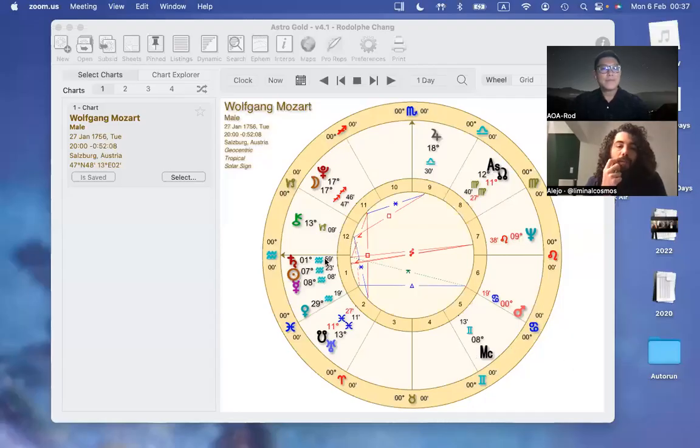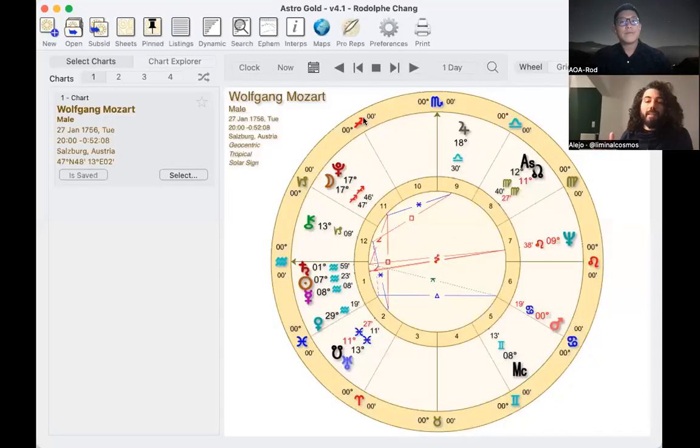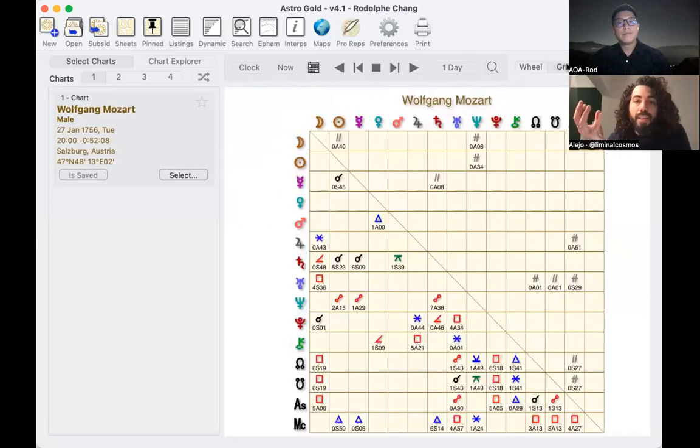If you're just listening to it, the next time you look at the chart, you're going to see that there's this table underneath the circle of the chart, which has all of the signs, all of the planets, I mean, so they cross each other, so you can check what is the aspect. So for instance, last time we were talking about the moon Pluto, so we look at the moon on the top, we go down all the way to Pluto, and we see there's a symbol of